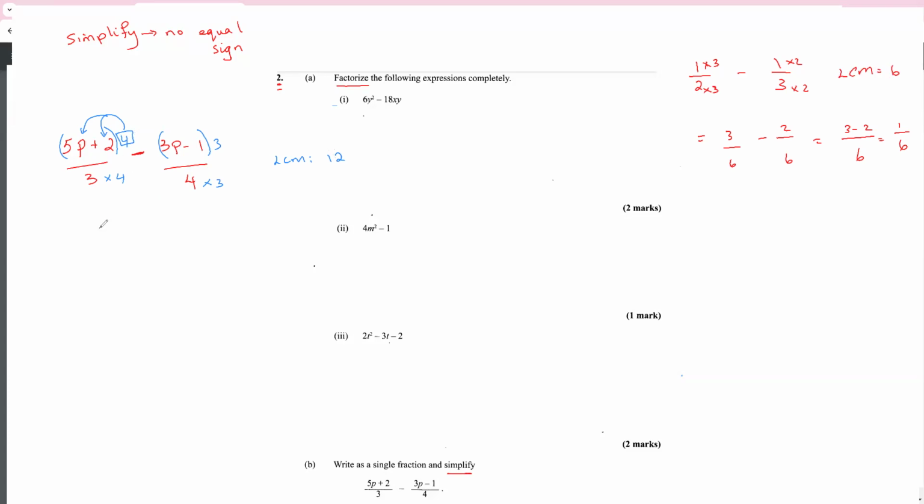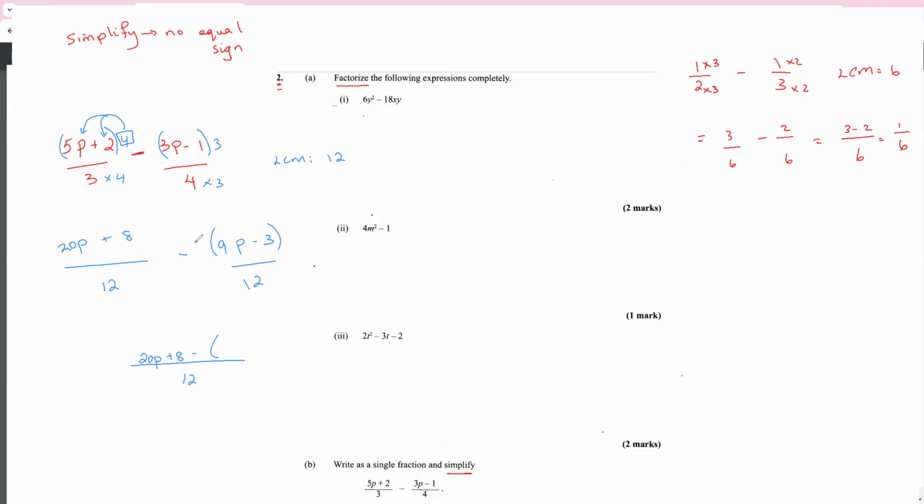So 5p times 4, 5 fours are 20p. 4 twos, that's 8. Over 4 threes are 12. 3p minus 1 times 3, 3 threes are 9p. Minus 1 times 3 is 3, all over 12. Now my denominators are the same. My denominator stays the same. And now I could subtract the numerators. So we'll end up with 20p plus 8